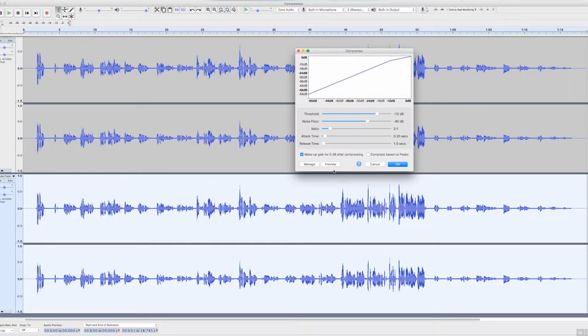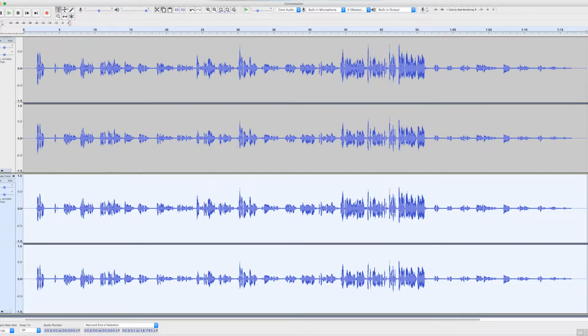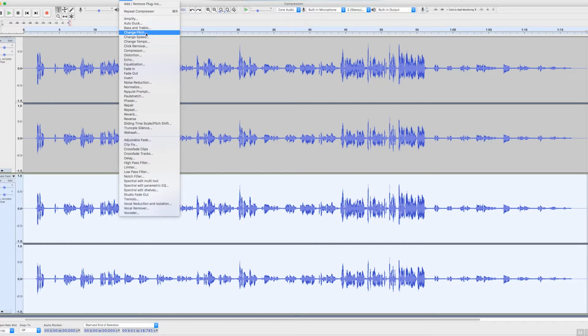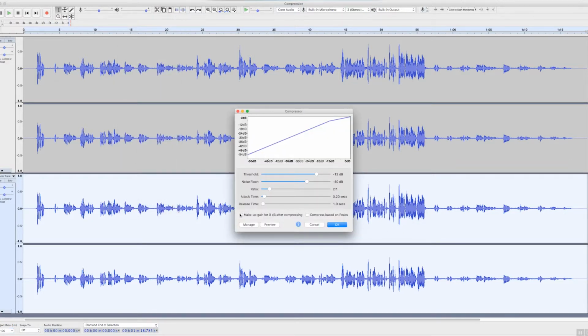And first of all, I'll just take off the makeup gain, so undo that, and just hit OK. So this is going to compress the track slightly. Basically what it's done is some of these peaks have got a little quieter. And what we want to do is make the overall track louder. So rather than just make it quieter, we'll undo that and we'll go back and use the makeup gain. Okay, so if I hit OK,